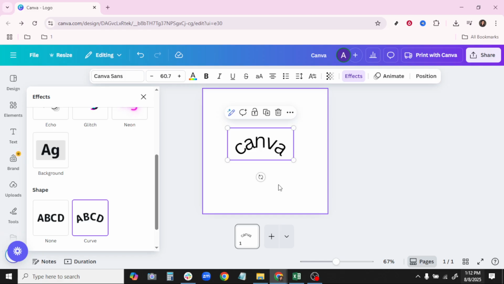In Canva, this technique can really elevate your design, making it more engaging and visually appealing. Practice with different fonts and sizes to see how each text type responds to curving. Experimenting will help you understand which looks best for your particular project. Remember, creativity is key, and with Canva's user-friendly interface, you have the perfect platform to let your design ideas